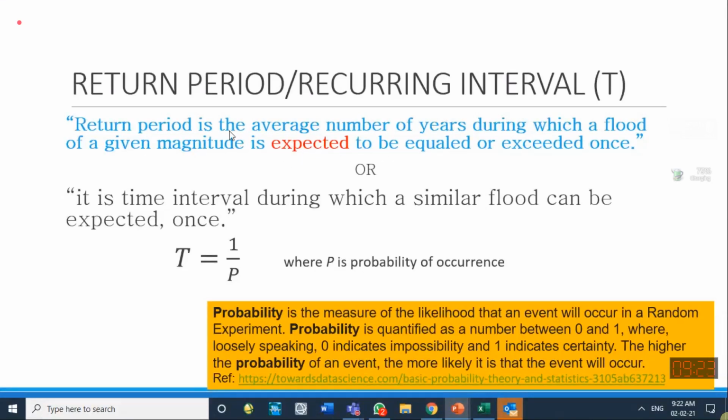We should know the definition of the return period, or sometimes we call it the recurrence interval, and keep in mind this is expected to be exceeded or equaled. Actually, it may not occur, or it may occur again next year. Because frequency analysis works on previous historical data, if a flood of a certain value has occurred once in 10 years, we say its return period is 10 years. If it occurs once in 100 years, we say its return period is 100 years.